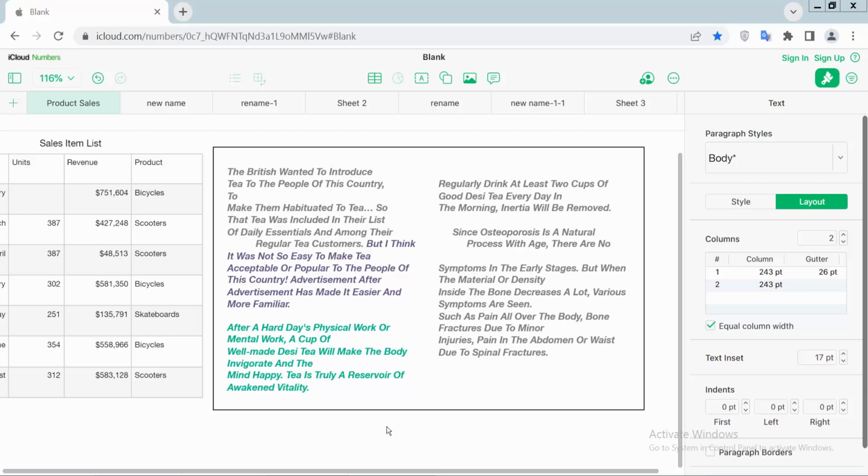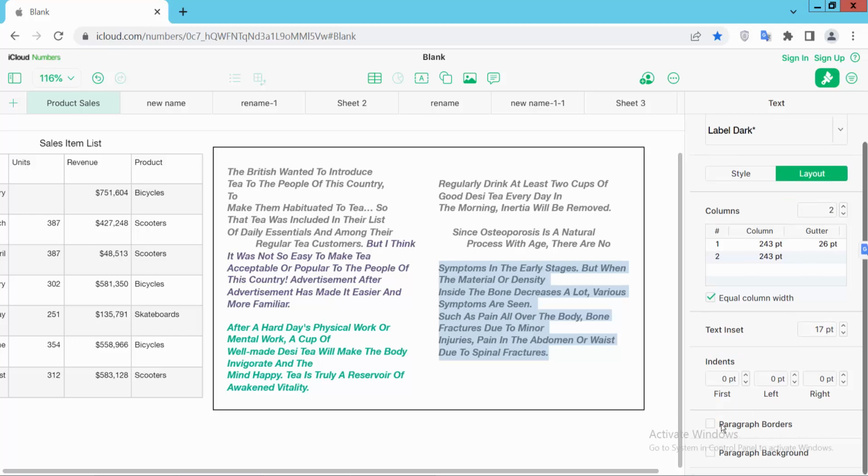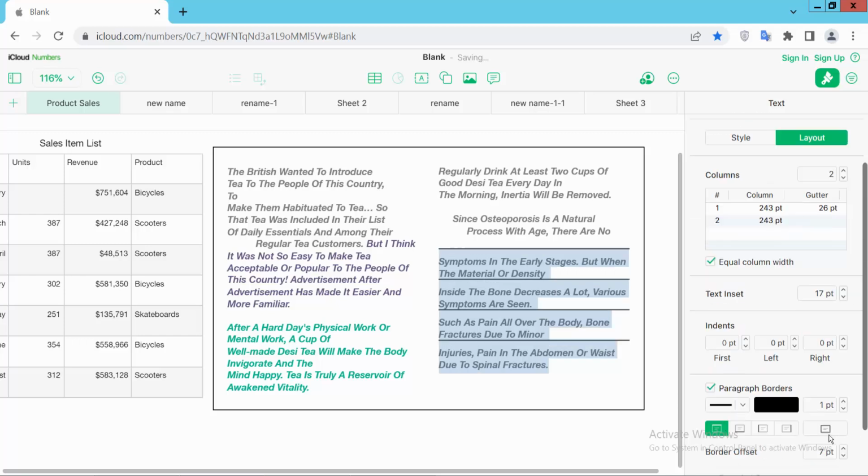Open your Apple Numbers sheet and double click on this text box and drag your mouse, select your text. Now select the Format option, already selected, and select the Layout option, and here you will find Paragraph Border and select your